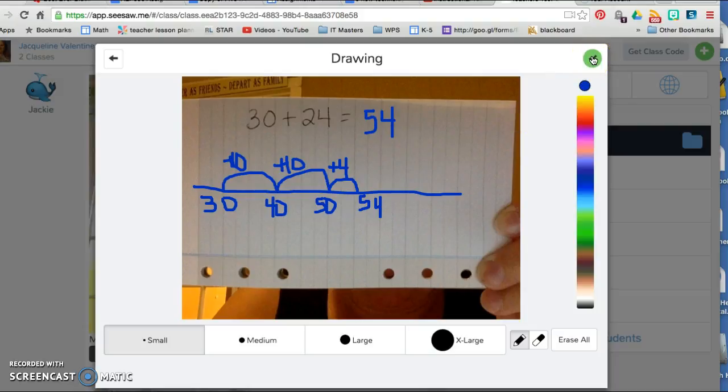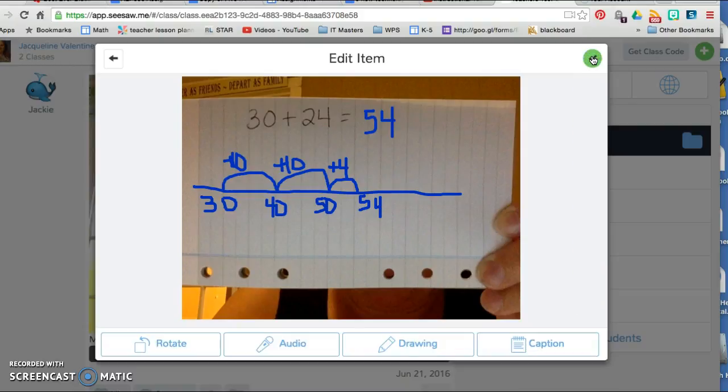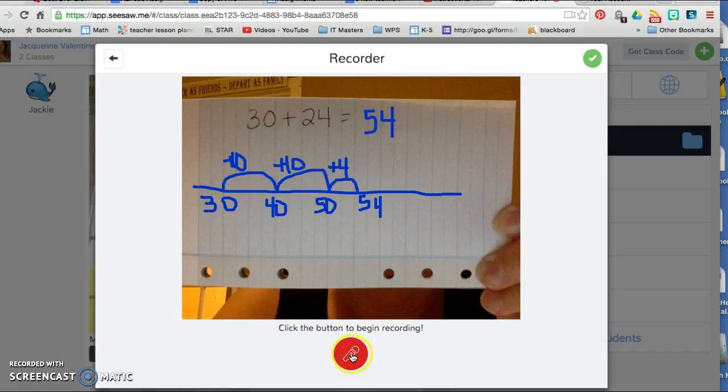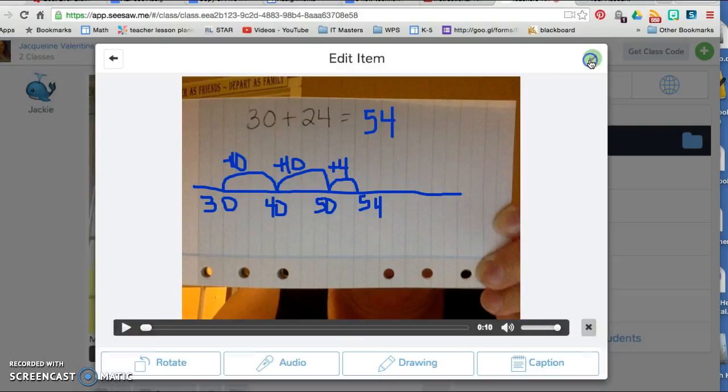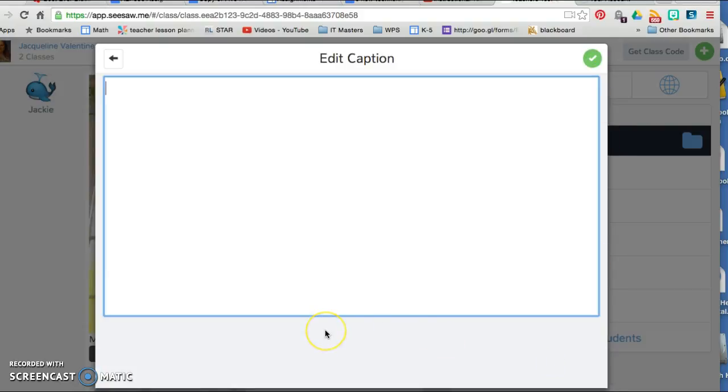Now they've taken a photo, they've used the drawing tool, they click the check mark again, and they're going to create an audio. So they're going to click the button to begin recording. This is my math problem, 30 plus 24. I know that 30 plus 24 equals 54. I know this because I used a number line. And so they can explain their thinking, check their recording, click the check mark, and if they want to, they could write a caption